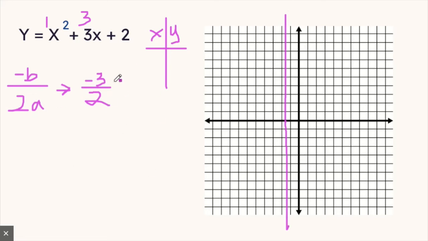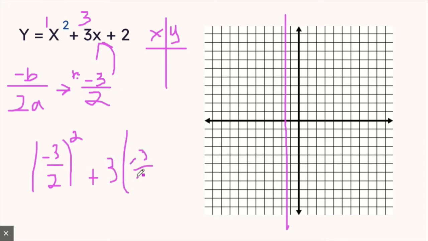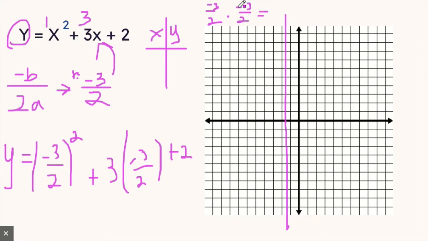And then let's find our vertex. This is going to be our x value, so we're going to plug this back into the equation. x is going to be negative 3 over 2, and then there's the squared, plus 3 times negative 3 over 2, plus 2. And that's going to equal our y value. Negative 3 over 2 squared is going to be negative 3 over 2 times negative 3 over 2, which is negative 3 times negative 3 is 9, 2 times 2 is 4. So 9 over 4